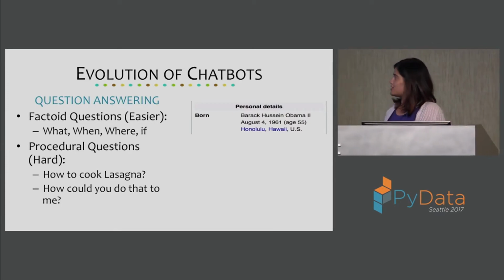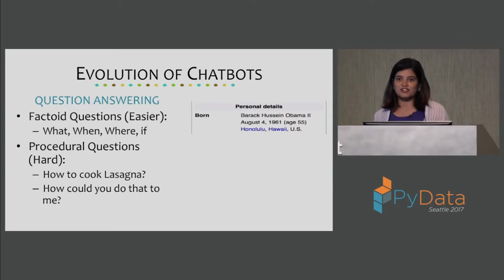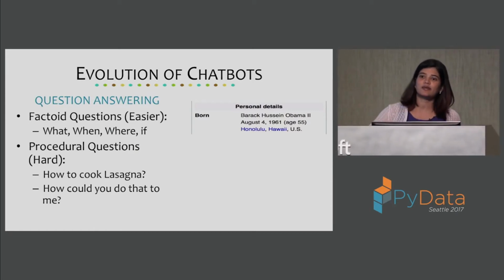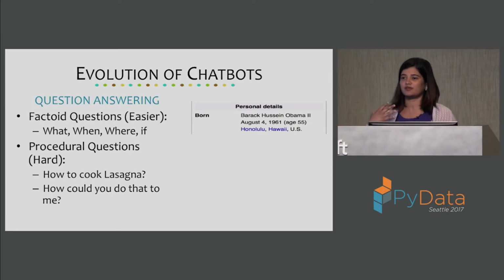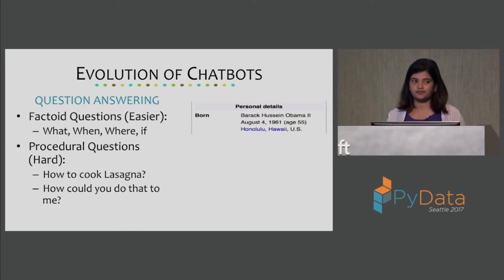The second type of question, which is more interesting, is how could you do that to me? Which, as a human being, we know the answer is I'm sorry, or something of that sort. But a computer could say, well, I took the knife and I stuck it in your back, and then something else happened, which is a much more objective kind of a step-by-step thing, which we don't want. But it's very hard to distinguish between these 2 different types of questions.